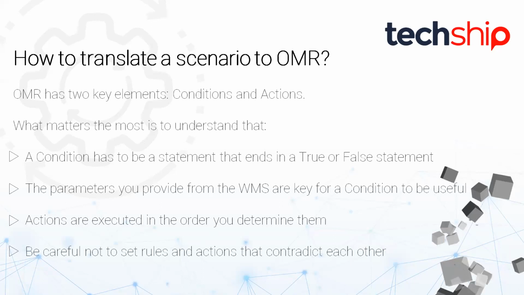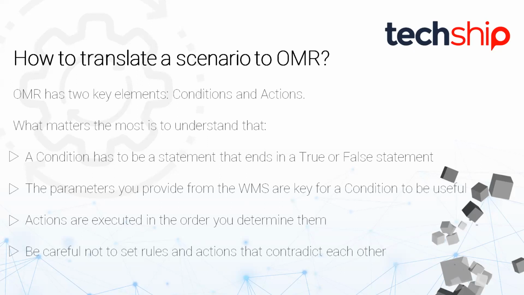One of those is the conditions, and the other one is the actions. What matters the most is to understand the following. First of all, the conditions need to be a statement that ends in a true or false statement. Whichever condition you try to define has to